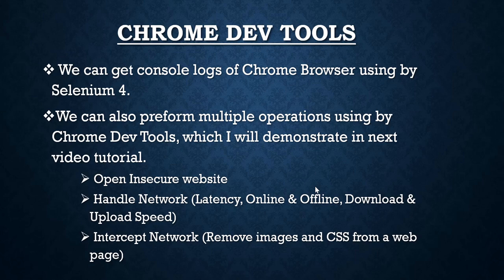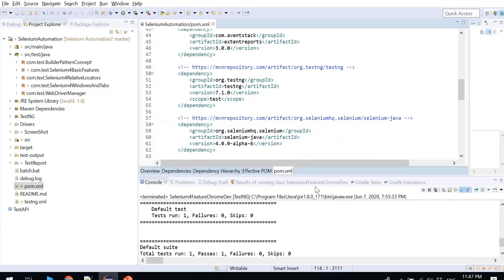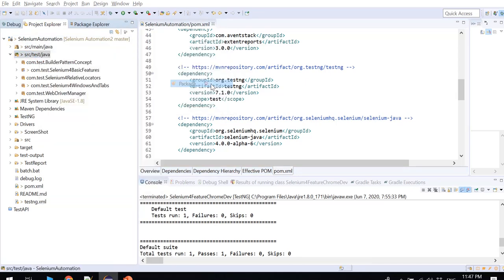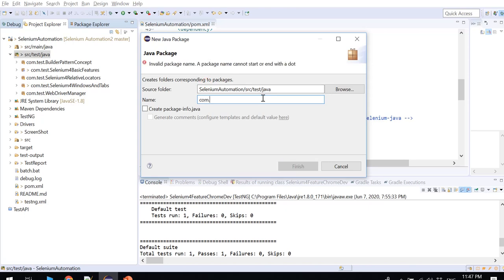Okay, let me start. Let me move to Eclipse. So here you can see I'm using Selenium 4 Alpha 6 version. Okay, let me quickly start. Let me create a package. I'll say com.test.selenium4.chrome.devtools.